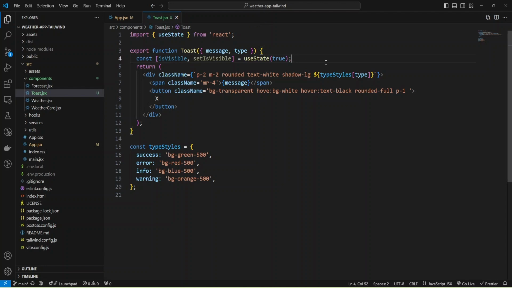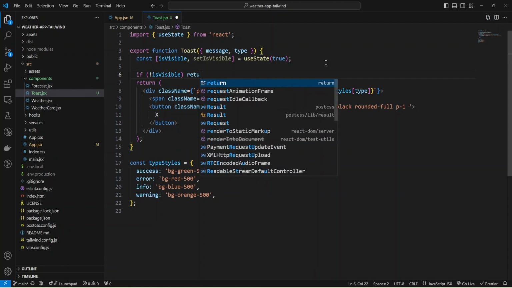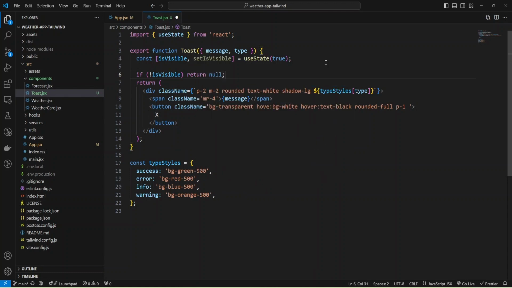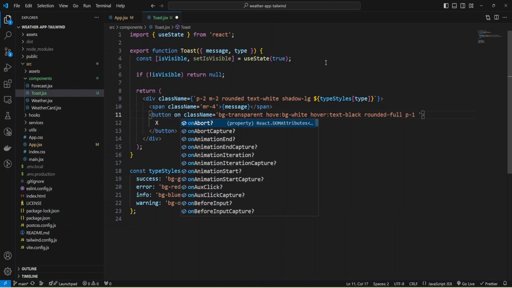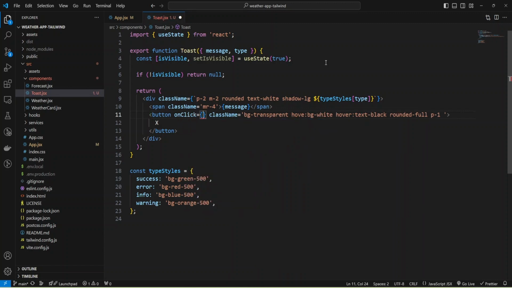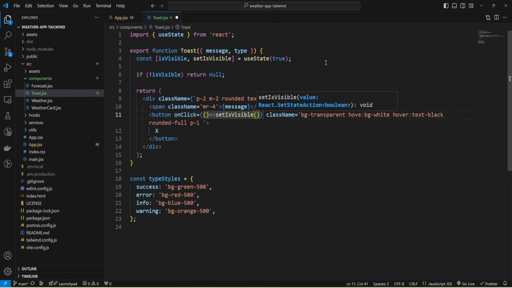Okay, and now if not visible, we can just return null. If our message is not visible, just return null. And by clicking on the button, we need to change our isVisible variable, and I'm going to add onClick function, and it will change the state for isVisible, and we can just set isVisible to false.